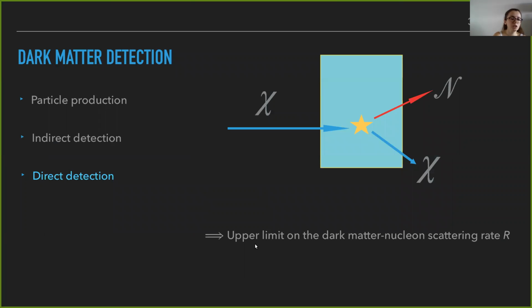For the dark matter detection, there are different possibilities. There is particle production in the LHC, for example, or indirect detection, where we could check, for example, neutrinos coming from the sun with a specific energy range, which could have been produced via dark matter annihilations in the sun's core. The third possibility is direct detection. It is highlighted in blue because what I present today is applied to direct detection experiments.